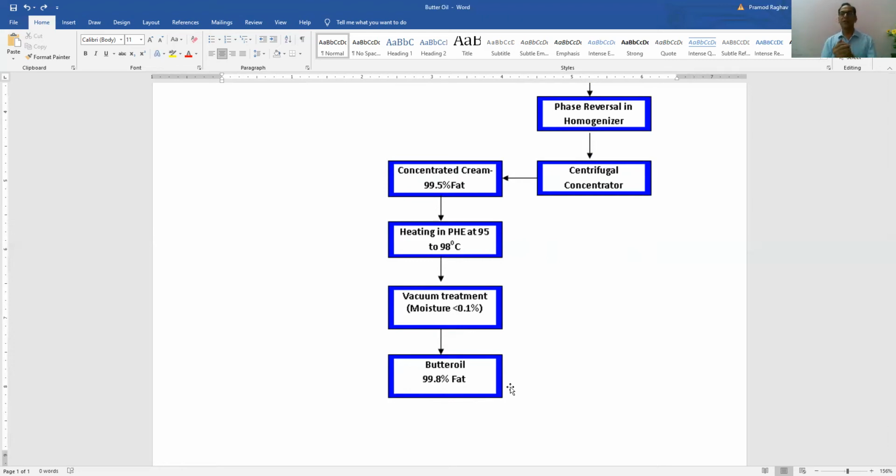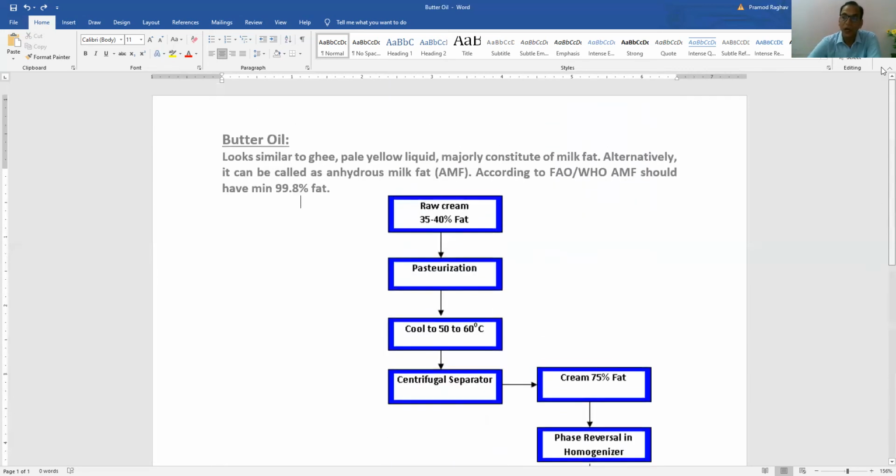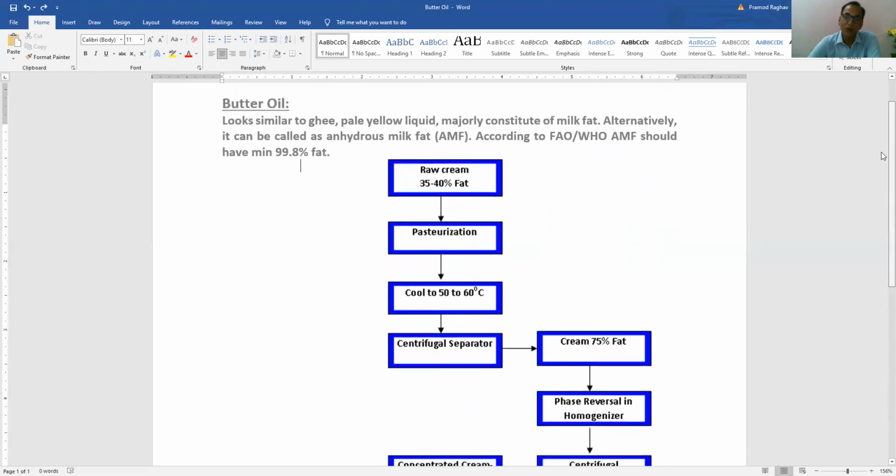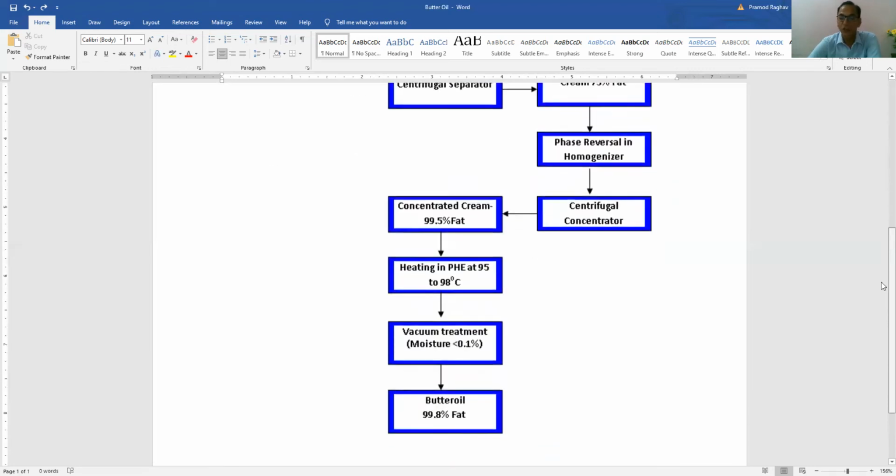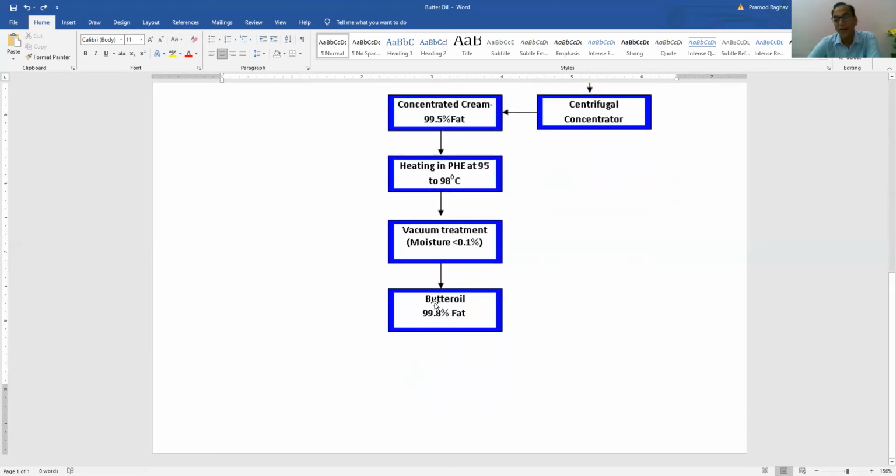So this is how I processed the butter oil from the milk after separating cream from that milk, and this butter oil is 99.8% fat actually. Now you will be asking me, after all, what do we do with this butter oil?